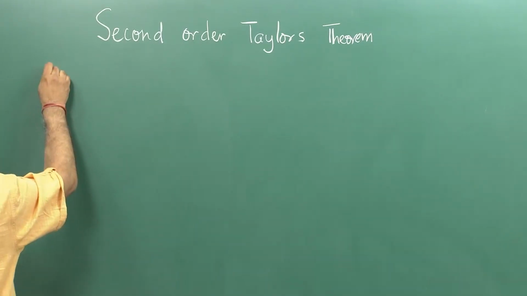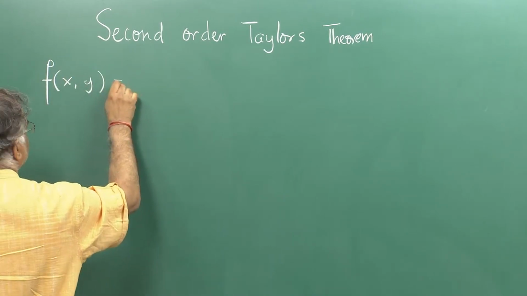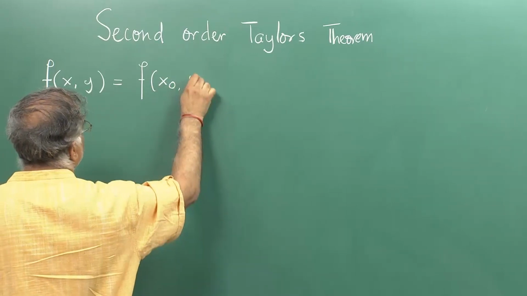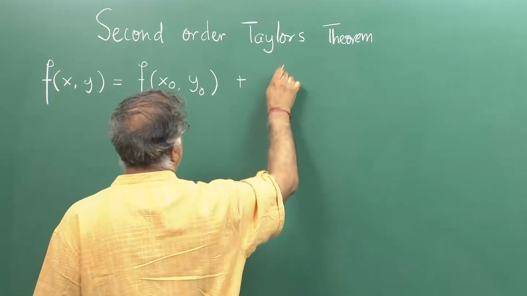We are looking at the point x naught y naught and at the expansion of f of x y, which is now